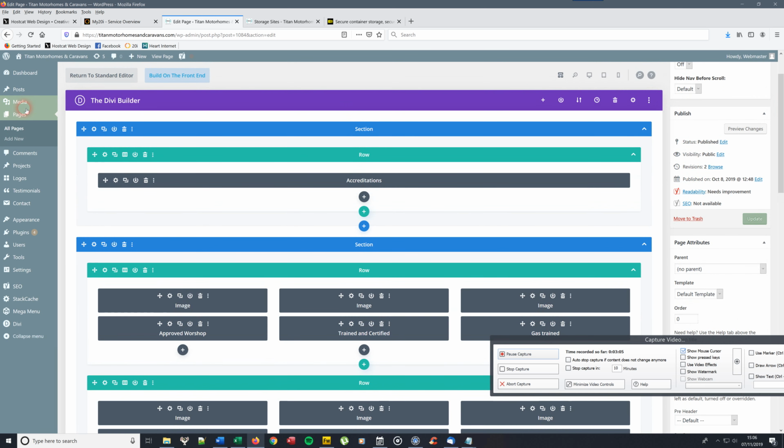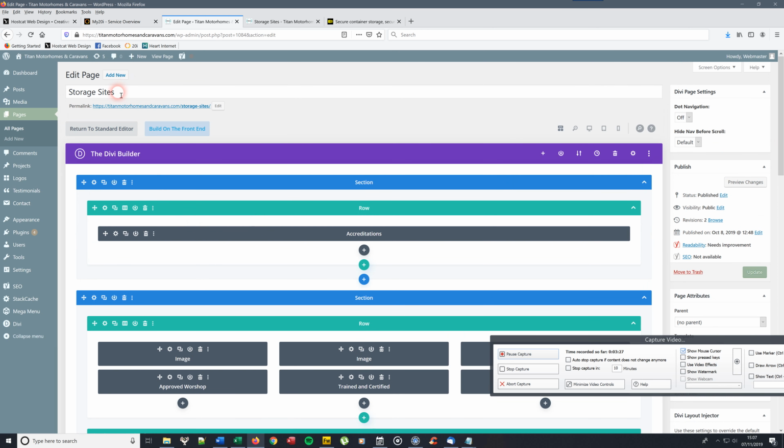So go down to the Divi Builder, and what you'll see is we've got sections, we've got rows, and then we've got all these little grey boxes which are modules. Each of those modules holds something in relation to the front of the page. Right, I know because I've done this before that. Okay, so it's going to have all of the stuff that the accreditations page has got, including the title,